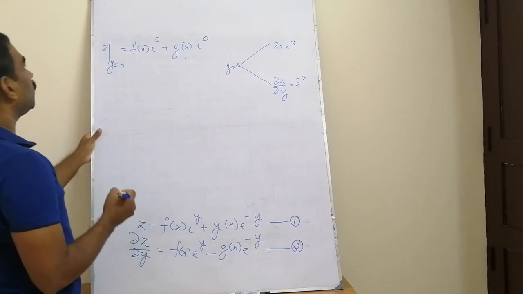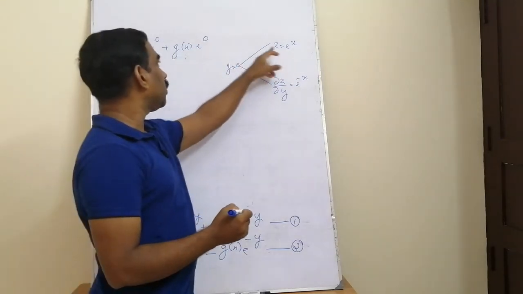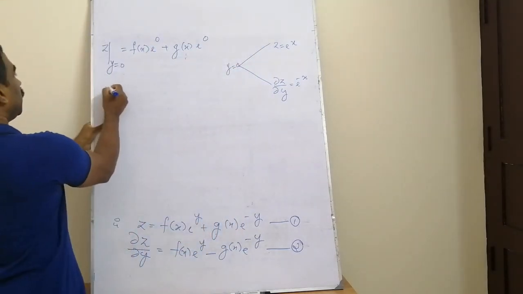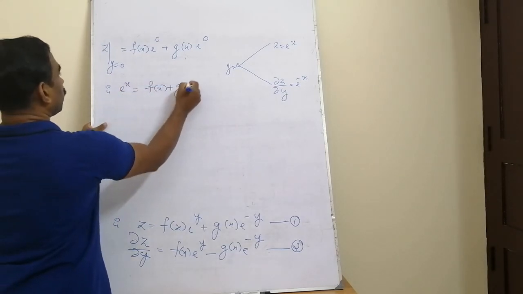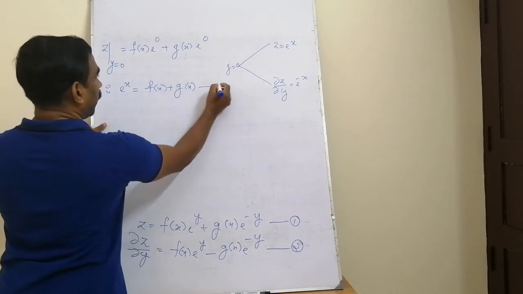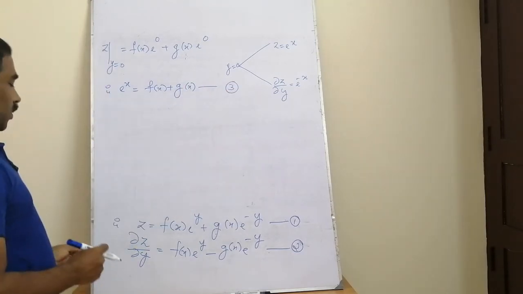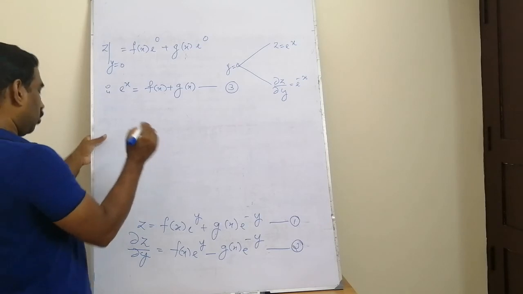The value of z at y equal to 0 is e raised to x. That is, e raised to x is equal to f x plus g x. Equation number 3. And another condition, dou z by dou y